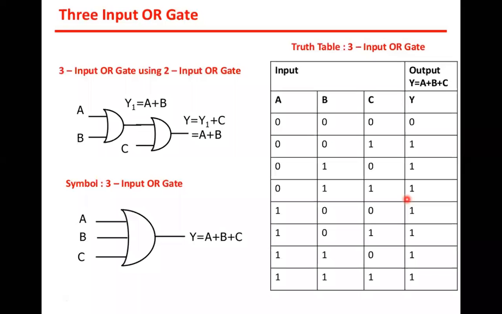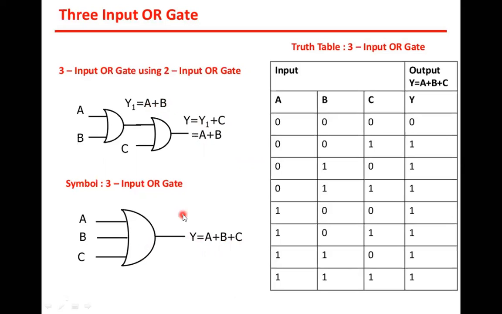Let us consider now the 3-input OR gate. In the same way, two inputs are given to an OR gate, and the output of this first OR gate is given as an input to this OR gate. And this is the third, separate input, which is given to the second OR gate. So what will be the output now? Output will be A plus B plus C. Because the output of this first OR gate is A plus B, and for the second OR gate, the output Y is equal to Y1 plus C. And Y1 is nothing but A plus B. So the ultimate output will be Y is equal to A plus B plus C.